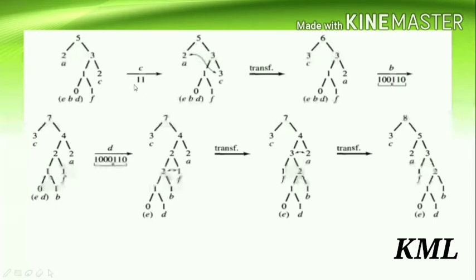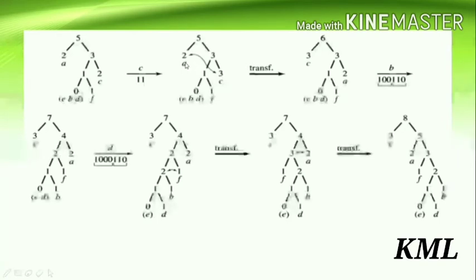So now what do we do? We increment the counter of C. So this 2 becomes 3. After updating, check the sibling property. So move from the root, we get 5, 3, 2, then we get a 3. So this node violates the sibling property. So what do we do? Swap the violating node with the leader of the previous block. So how is this the previous block? We move from here, then 3, then 2, and after that we encounter the violating node, so that's why this is the previous block.